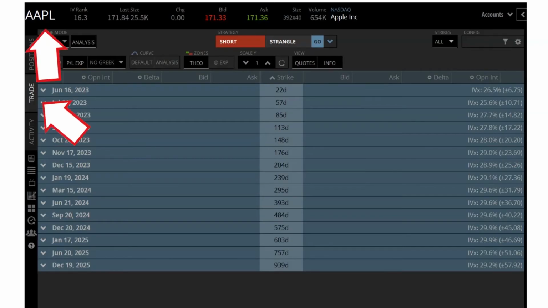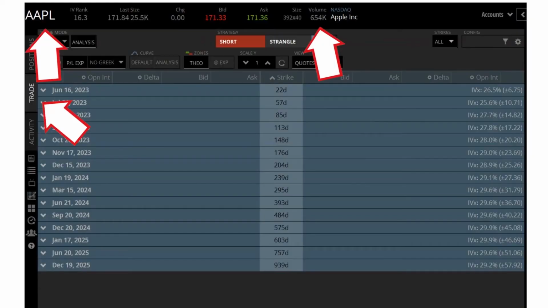on the trade page. We first note under volume that there are 654,000 shares traded, so we know this is a liquid stock. It's usually several million during trading hours, but I caught this one early in the morning before the market opened. We want to be able to trade liquid stocks, at least 100,000 shares or more, preferably a million or more, and be able to trade and get out of the trades without losing an arm or a